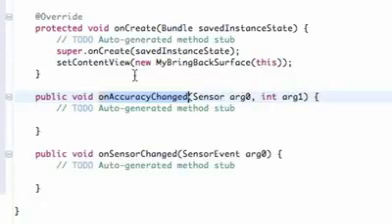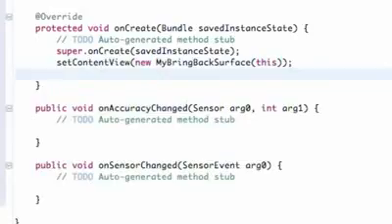But now what we need to do is set up our sensor manager. Basically, we're going to check if the device has an accelerometer. As of now, I believe most of the Android phones have the accelerometer, but just to make sure, we're going to check for it. And how we do that is we do sensor manager